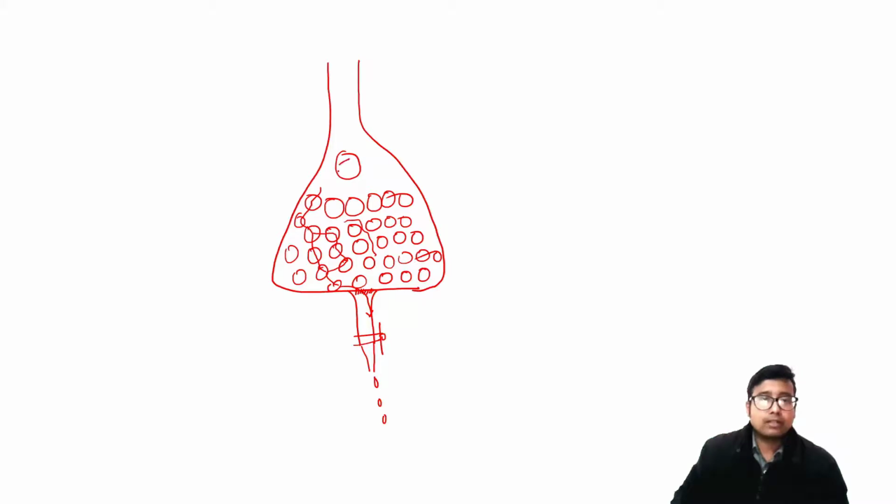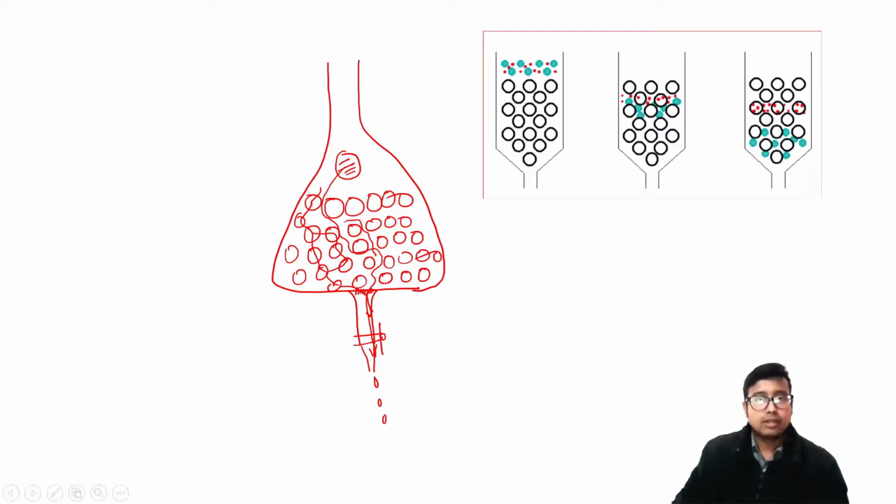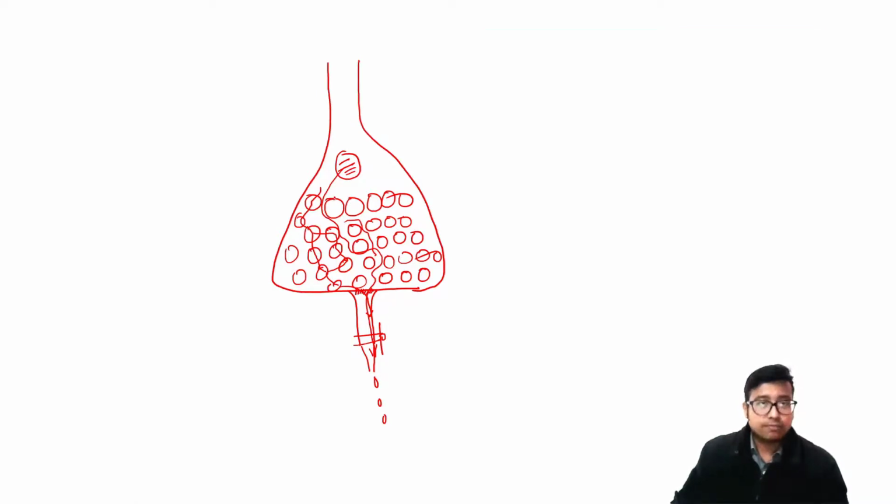So the particles which are bigger, it may not be this big in size, I'm just drawing it hypothetically. The bigger particles will not enter the gel pores at all. What they will do is simply pass through the sides, and then they will get eluted. However, the smaller particles have to enter the gel pores and so they will come late. So you understand my point? The bigger particles will simply pass through the sides without entering the pores of the gel matrix, or the solid phase, or the stationary phase, and the smaller particles will interact with the stationary phase, enter the pores and so they will be coming out late.